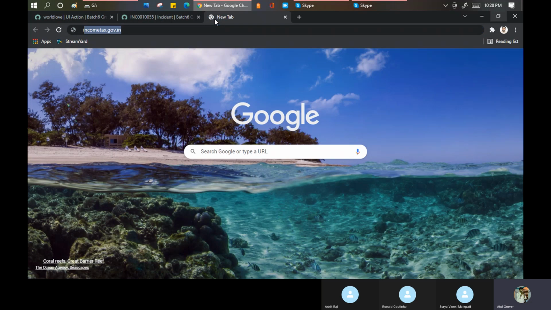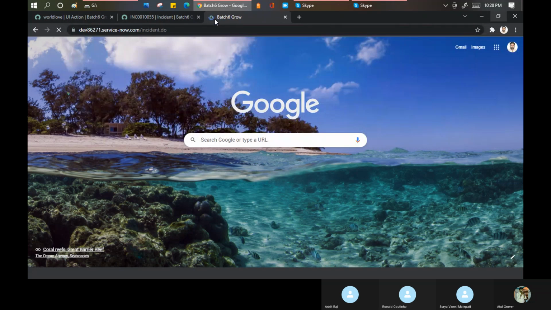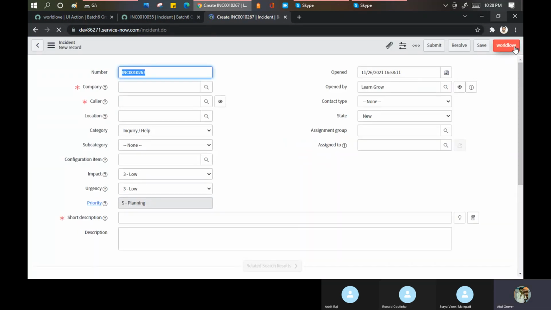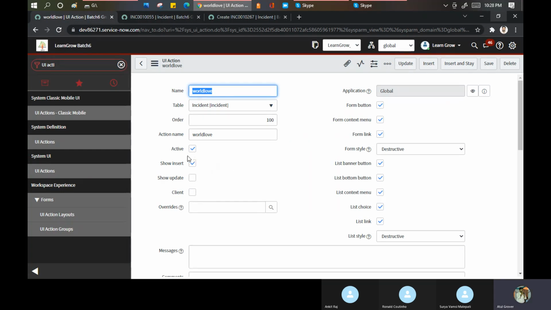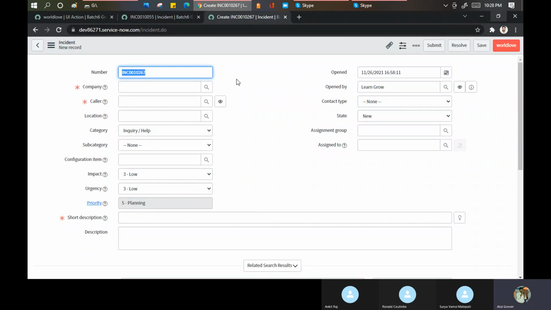Now I open the other one, and this button is visible here. It means you can restrict when this button should be visible. Show insert means when you are inserting the data, then you will be able to see this button. Show update when you are updating the record. यहाँ पर update हो रहा है record, insert नहीं हो रहा है, but यहाँ पर it is going to be the first time the record is inserted.